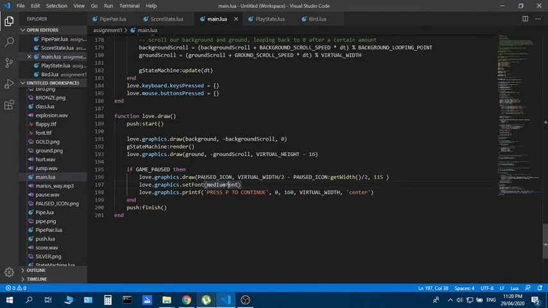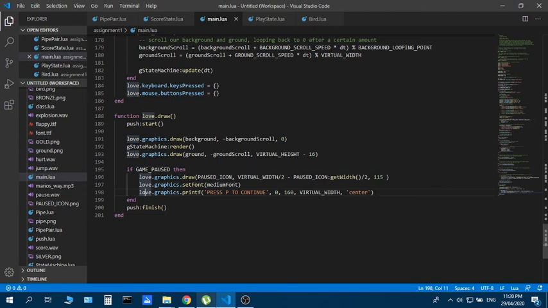You can make a small font or large font, my preference is medium. Love.graphics.printf means LÖVE 2D will print out whatever you put in a string. So press P to continue, or you can write anything you want, like press P to resume, press P again. That's it. And 0, 60, virtual width, center means it will be